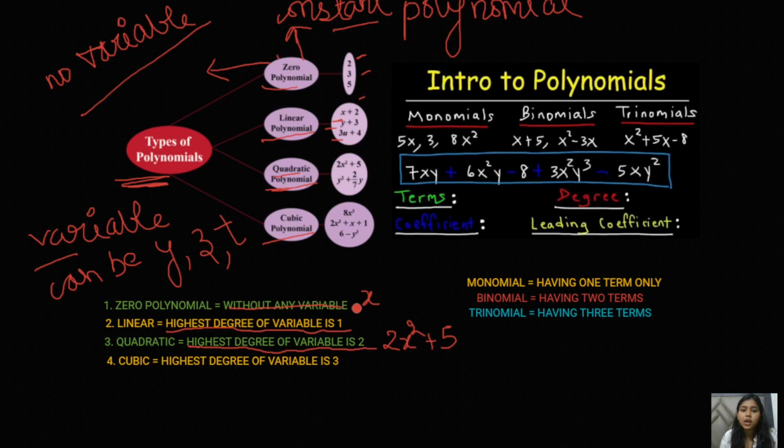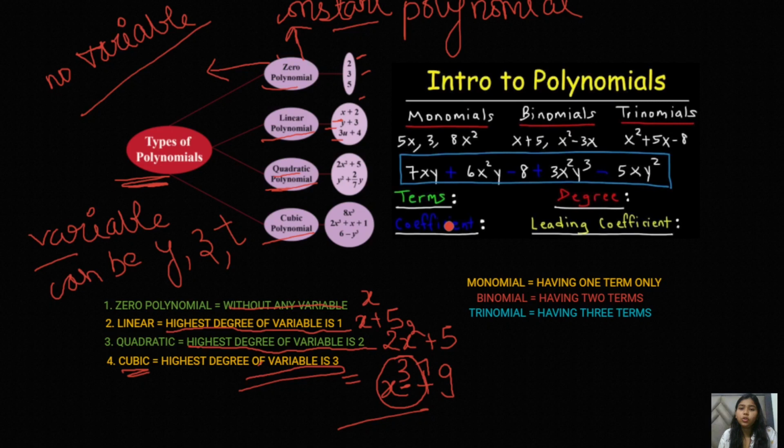In case of linear polynomial, you just can have a look, like we can say x plus 5 is the linear polynomial. Then cubic polynomial, as the name suggests, the highest degree is 3. So example is x cube plus 9 can be the example for the cubic polynomial. Cubic polynomial just means that the highest degree of the x should be 3. This is what we called as a cubic polynomial.